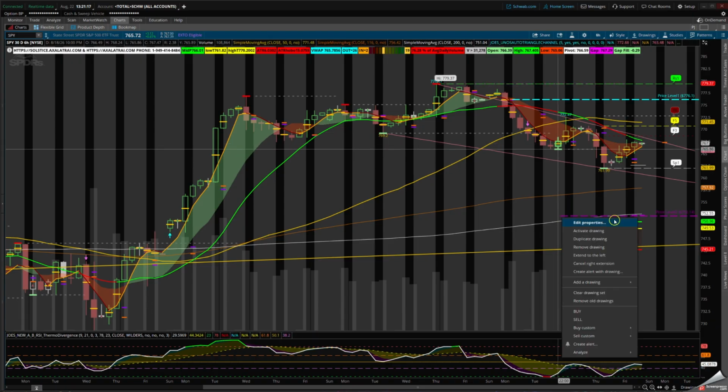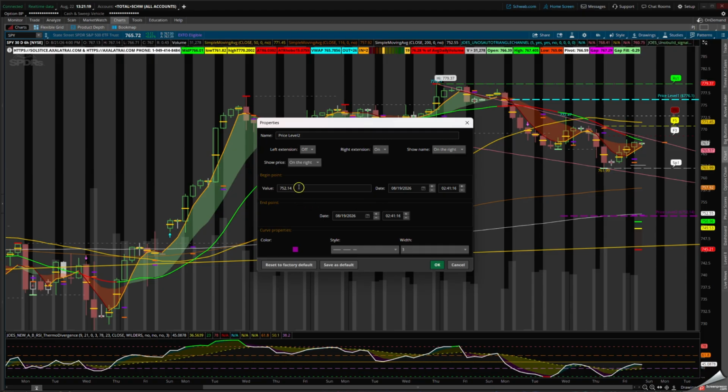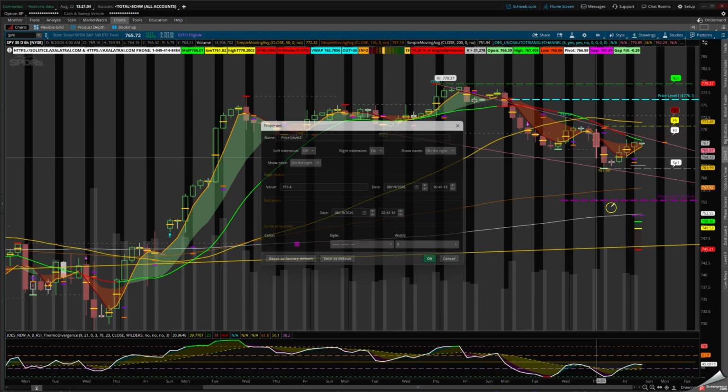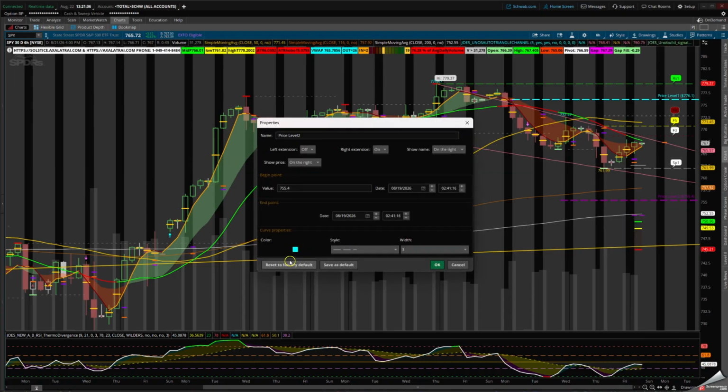We're going to edit the property, and it's going to be 755.4. So we're just rounding the number, that way everyone can see where those levels are. And this is the expected, oops, we didn't change the color. Edit the property, we're going to change it to blue. We're going to extend it back 1 or 2 days.